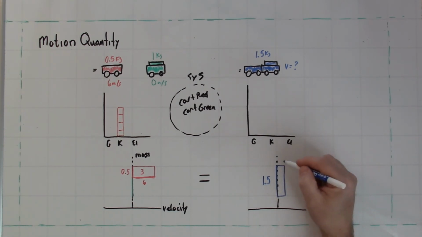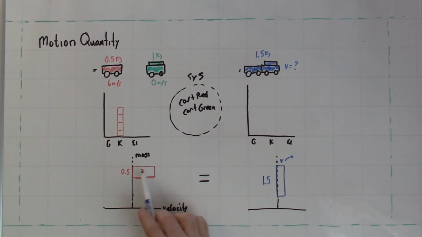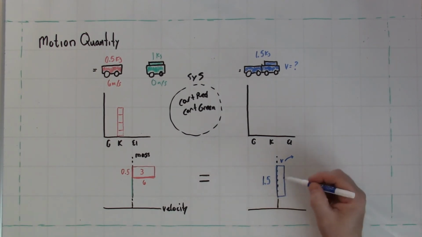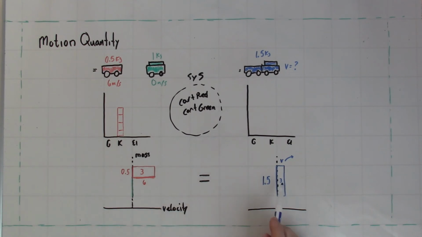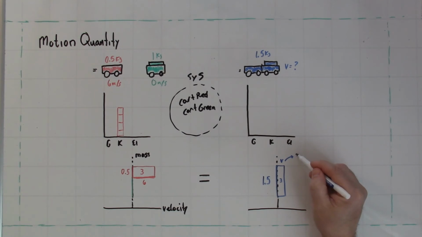So we're trying to find out what is the V here. How are we going to do that? I know the area here has to equal the area here. So this total area has to be 3 because it has to match this area. And if its area is 3 and it's 1.5 tall, how wide does it have to be? 2